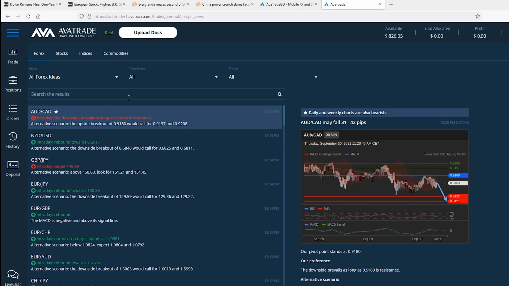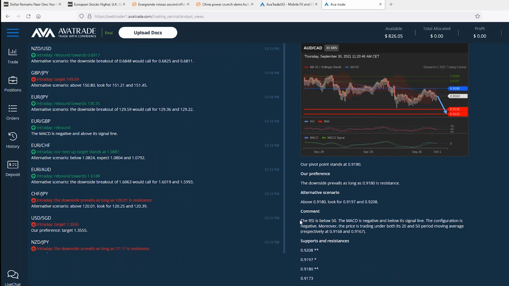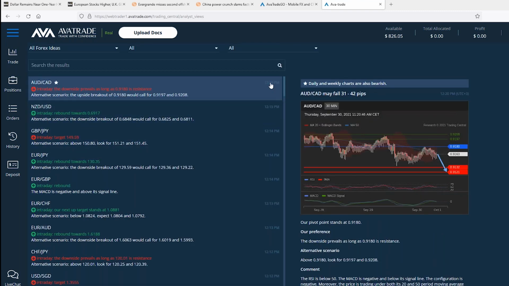Okay, we've got different categories of signals. The chart price levels, the movements expected are broken down for you. Which indicator was used is discussed. In this case, they're talking about the RSI. Very nice signals that come out, time-stamped, so you know how long that signal has been there, and it also